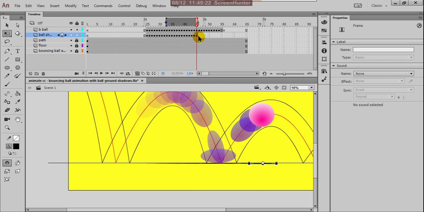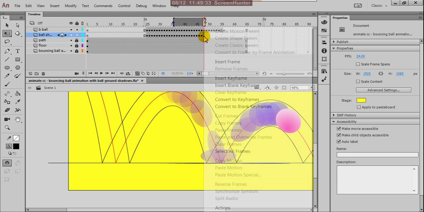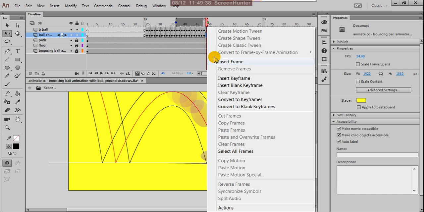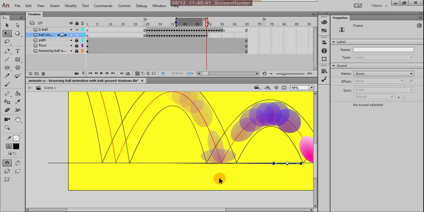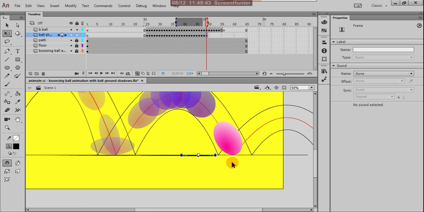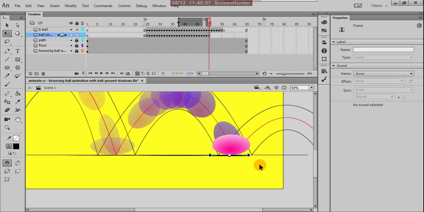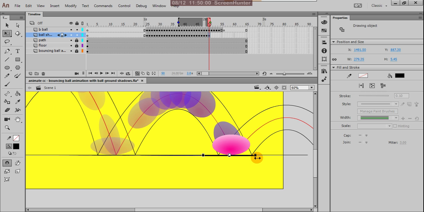Okay, right, insert keyframe, insert keyframe, insert keyframe, insert keyframe, and it is a bit bigger size wise, and here insert keyframe, it must be wider.